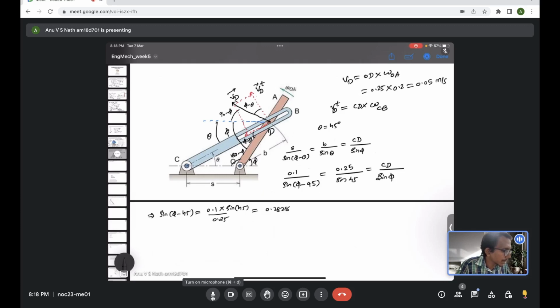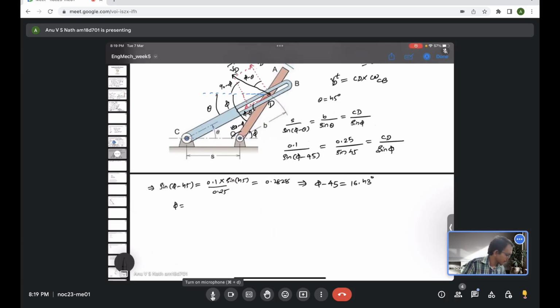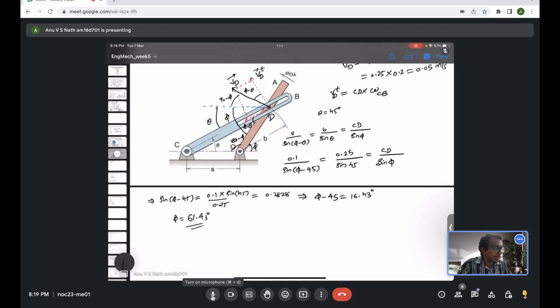So now if I invert it and find 90 minus 45, which is 16.43. So from this we can evaluate what is phi, which is just 45 plus this value, which is 61.43 degree. So now we know what is phi, but what we really want is phi minus theta for the